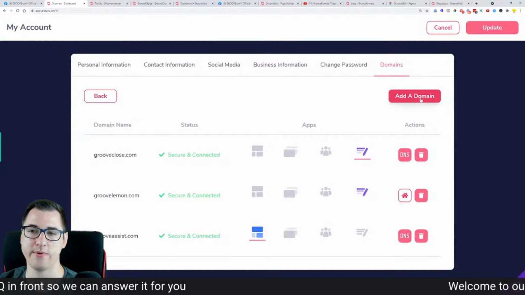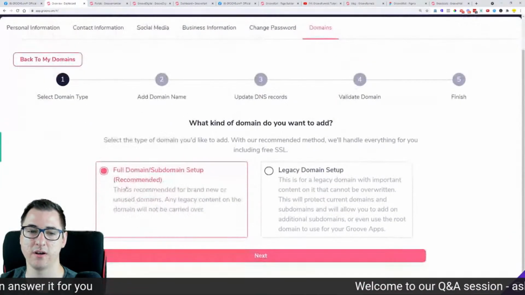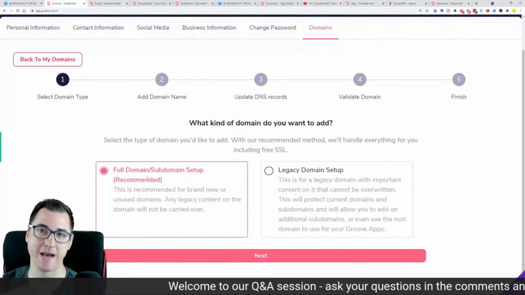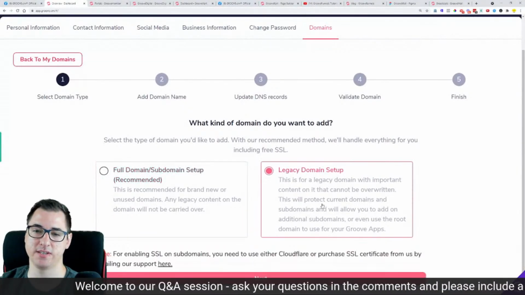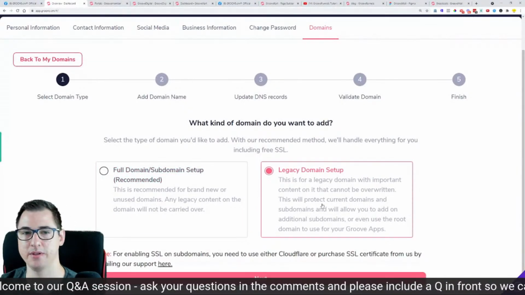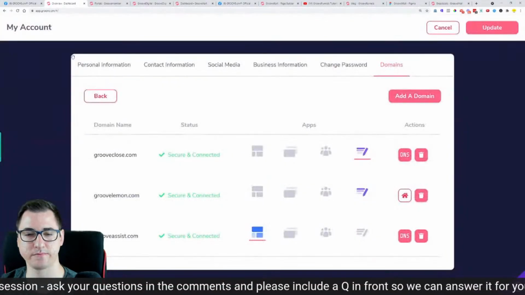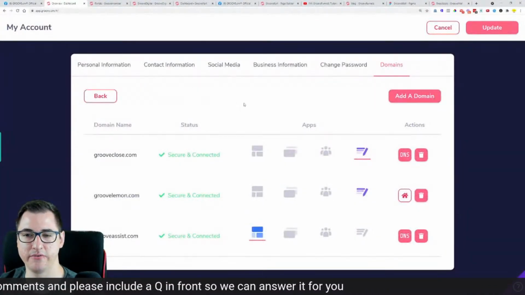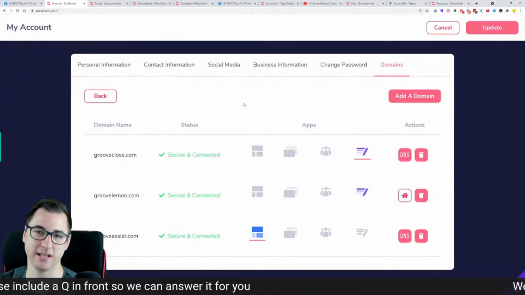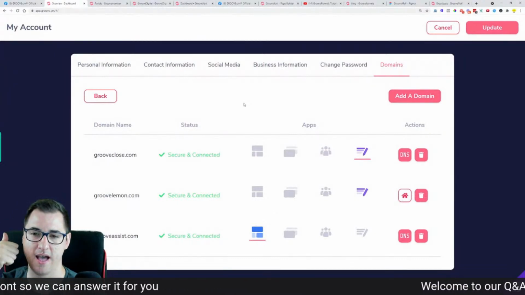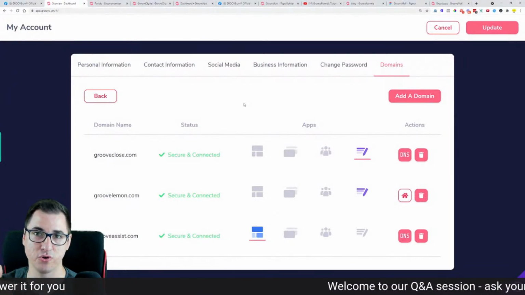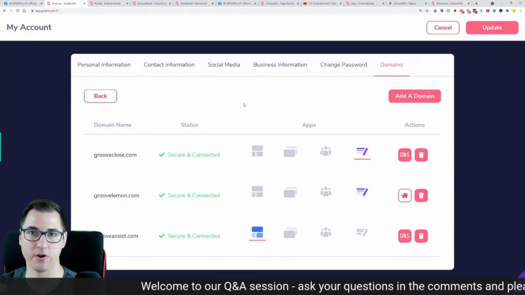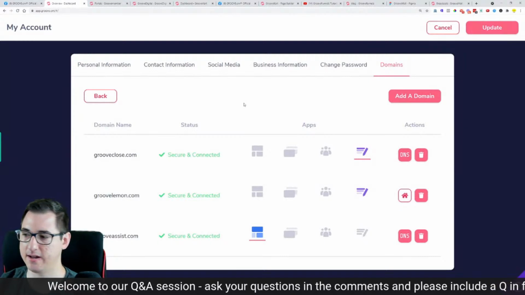So this is why we mention here that this is the recommended setup, where we manage your domains for you. But if you still want to do the legacy domain setup, that's still available for you. So there you go, guys. We were waiting for that one. We needed to find a solution where we still have the security that we want, and we still check if the domains that you connect from an outside platform are used or not used, or how they are used. And now we finally got that.